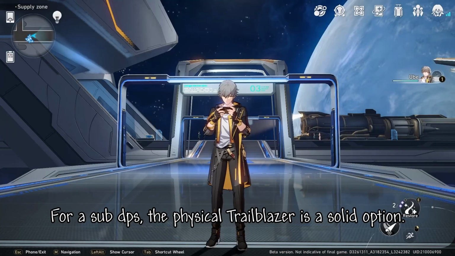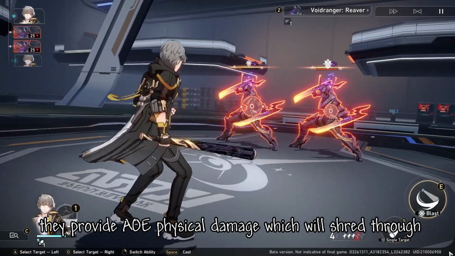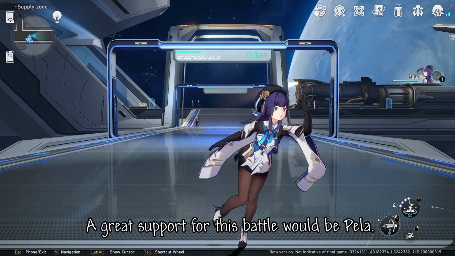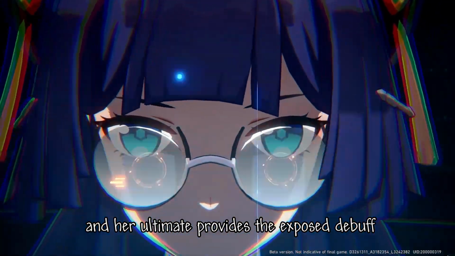For a sub-DPS, the Physical Trailblazer is a solid option. They provide AoE physical damage, which will shred through the enemy's toughness bar and any allies they might summon. A great support for this battle would be Pella. She deals ice damage, which this enemy is weak to, and her ultimate provides the exposed debuff, lowering the defense